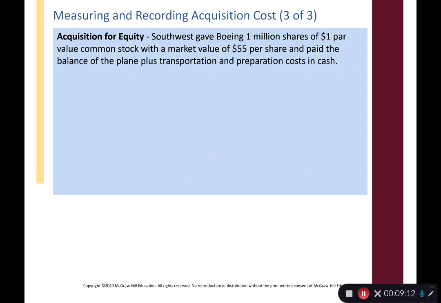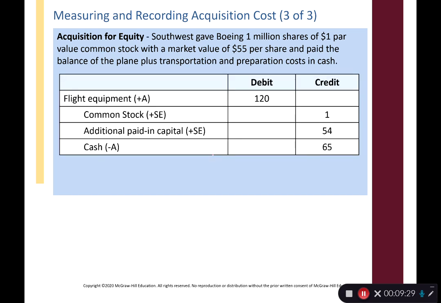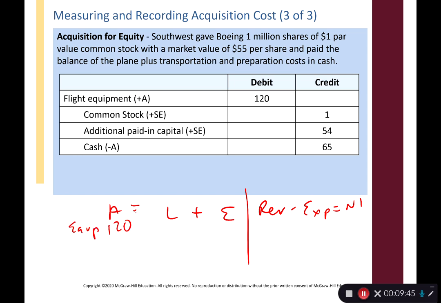What if we buy equipment with stock? So Southwest gave Boeing 1 million shares of $1 par value stock with a market value of $55 a share and paid the balance of the plane plus transportation and prep costs. So if the equipment costs $120 million, we're going to record the asset, write it out here for us on the accounting equation. We're going to record the equipment for $120. The market value of the shares is $55, so we're going to